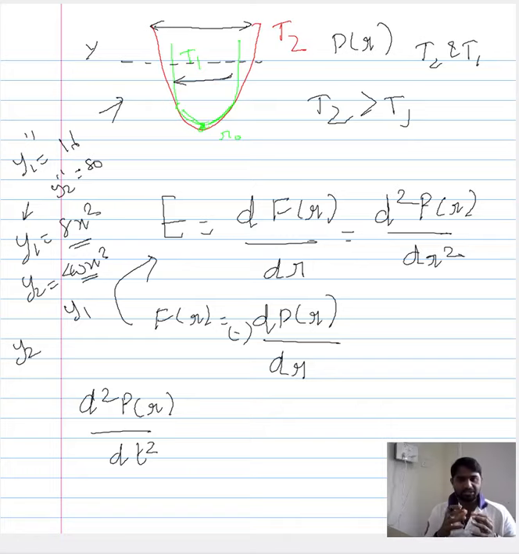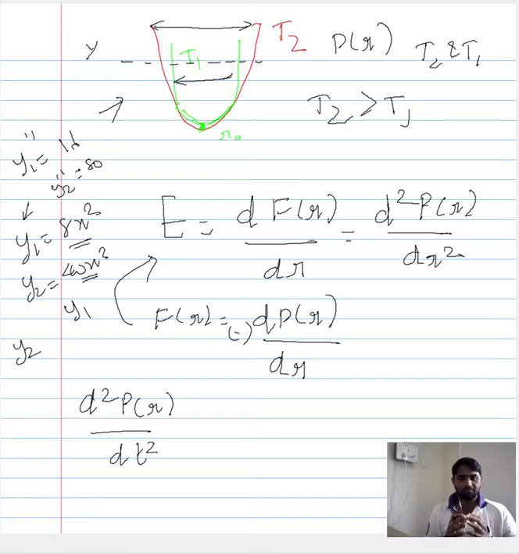And based on the change in the second derivative of the parabola, the mouth of the parabola would change. So in this case, the y2 parabola would be much sharper, or the mouth of y2 will be much smaller when you compare it to the mouth of the y1 parabola. To put it plainly, when the second derivative is higher, the parabola would be sharper and the mouth would be smaller.